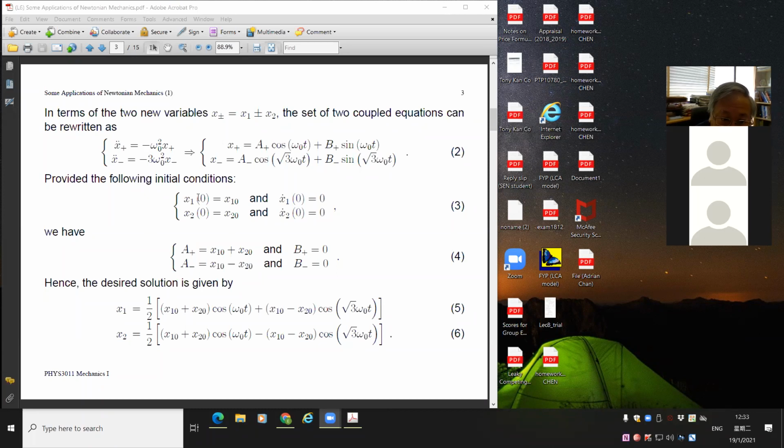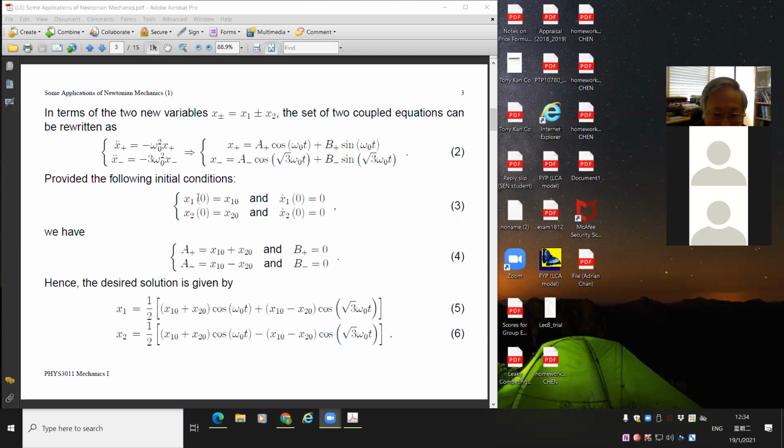Then we have to introduce n new variables in such a way that the n coupled equations are decoupled miraculously. Am I right? Obviously, this is not a simple task. If n is large,